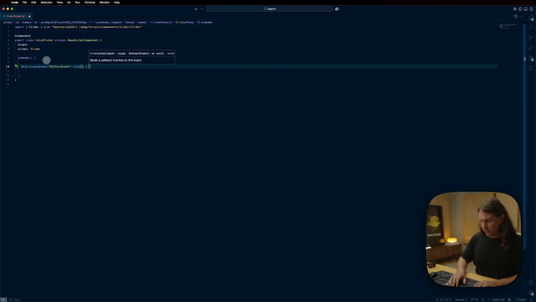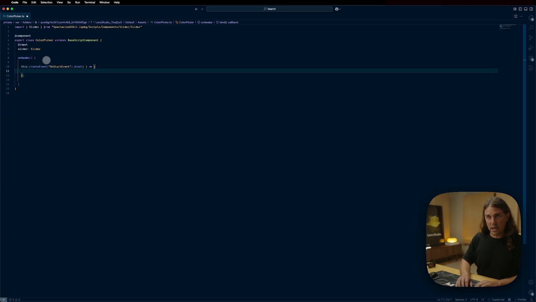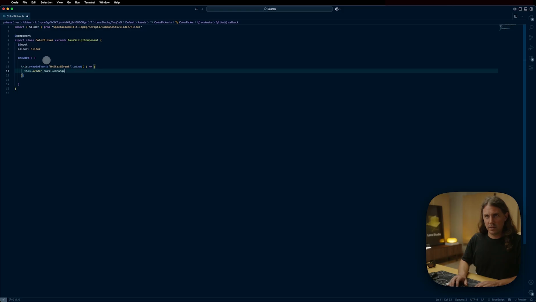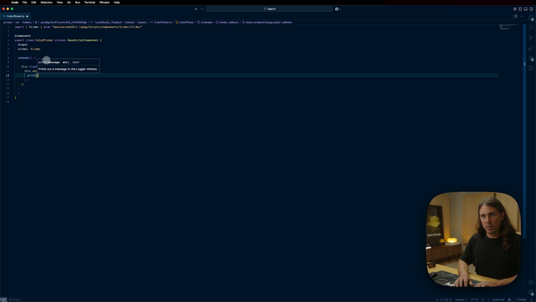And in this function, I'm going to attach to the slider's update value callback. So I'm going to say this.slider, which is the slider that we attached in our input earlier, .onValueChange, and then I'm going to also .add a new callback to this. And then I want to make sure that we print